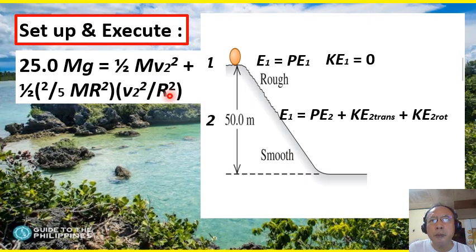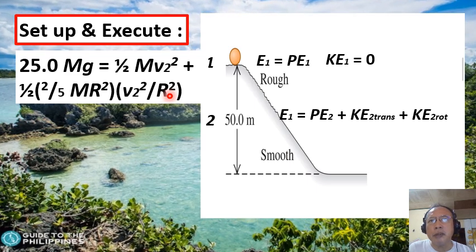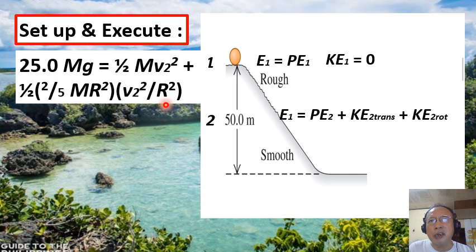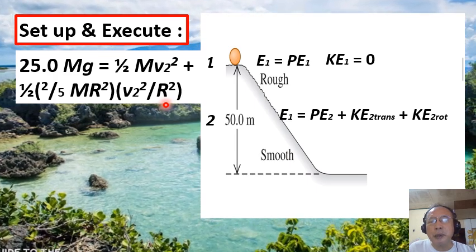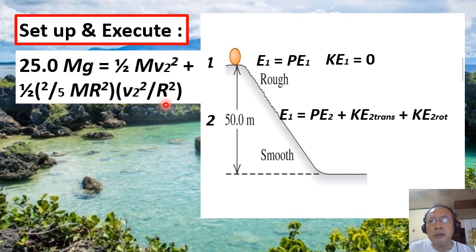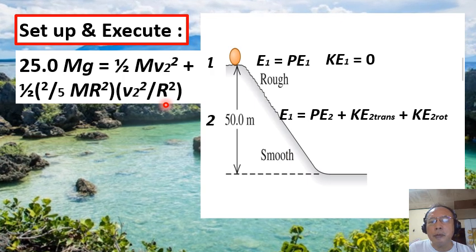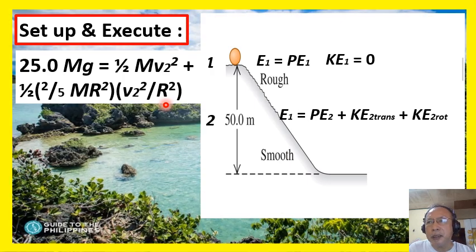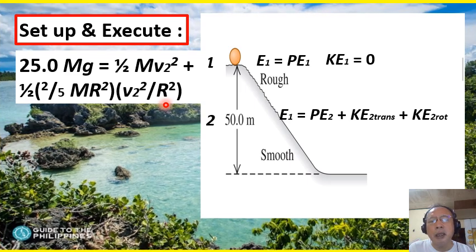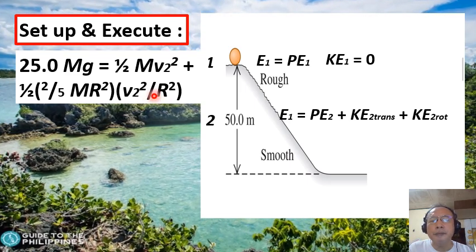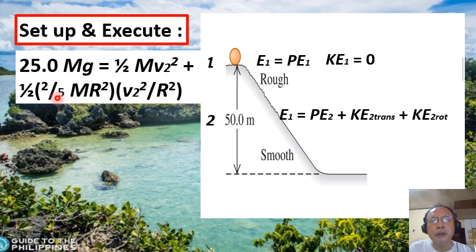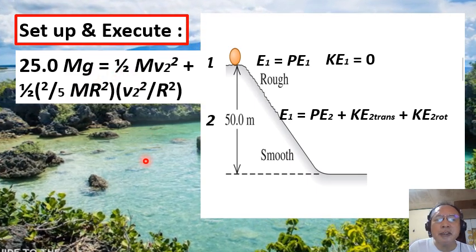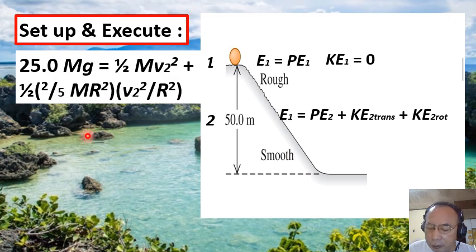So for a body that is rolling without slipping, the kinematics equation that relates linear speed and angular speed is where omega is equal to v, or the linear speed v, divided by the radius big R. Right? So we can simplify this equation